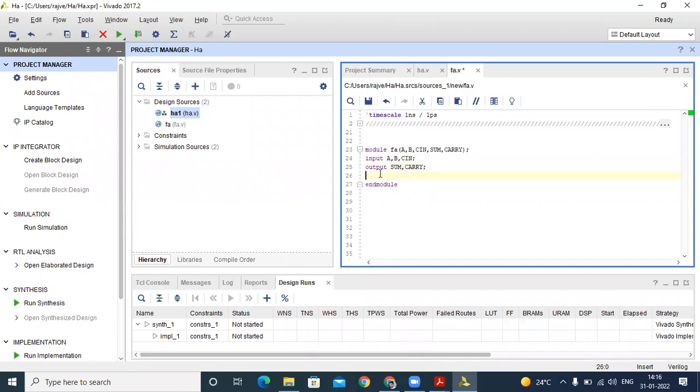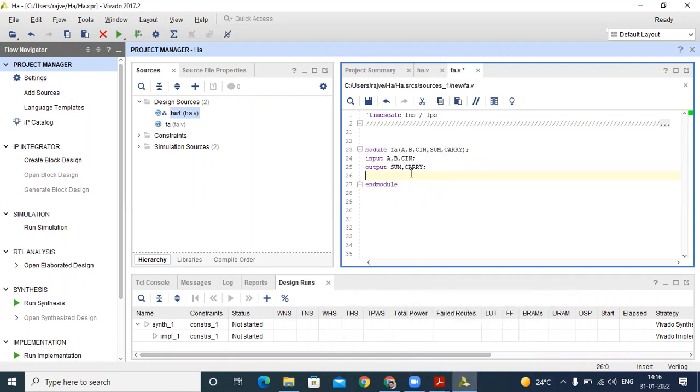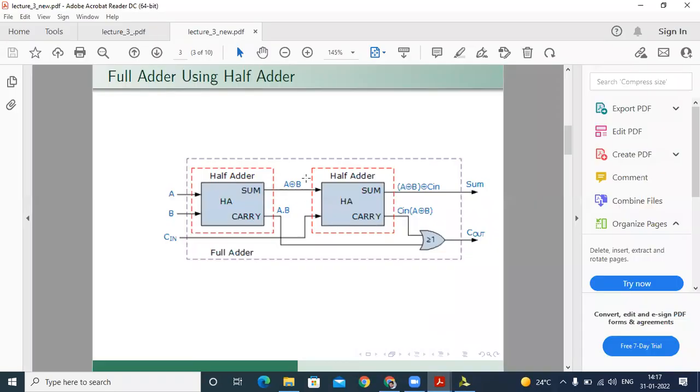After that, how do we declare our internal structure? In our top module, we only know about our input and output, but how do we know our internal structure? This is our internal wire, this is also an internal wire, and this one is our internal wire. In this structure, we have three internal wires. Suppose their names are W1, W2, and Cin.